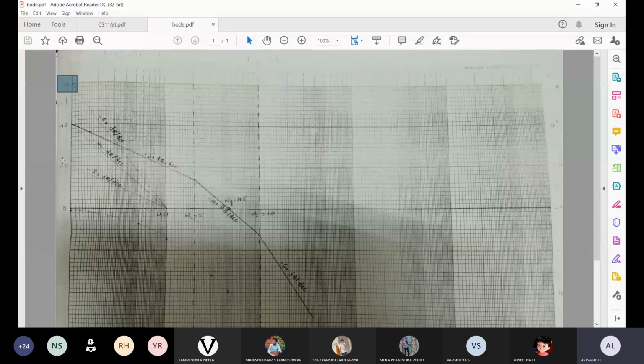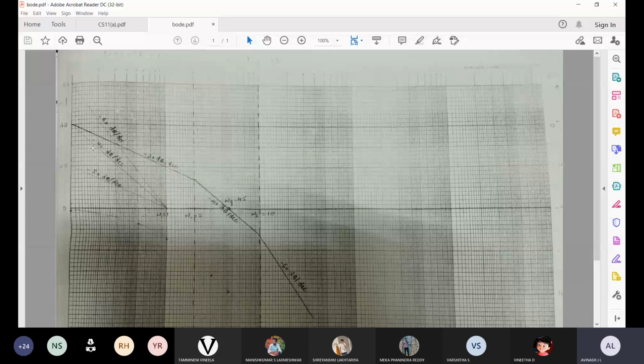Now after this, we will connect these points to the origin. Here omega equal to 1 is there. Per decade means per 10. So from 0 to this range, if you are traveling, where I made omega equal to 1, this is the 10th position, if you are starting from 0.1. Now we will join this point from 20 dB to 1. So it will become minus 20 dB per decade. Why? Because the slope is varying from higher level to lower level. That means it is going in the negative way. That is why I can say it is minus 20 dB per decade.